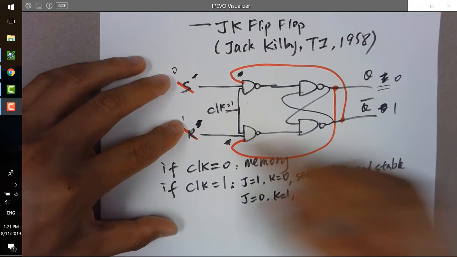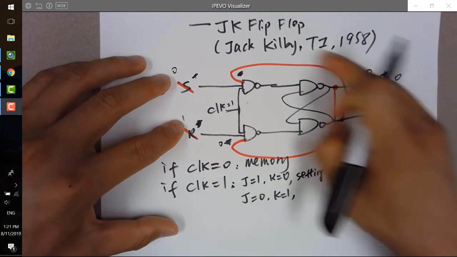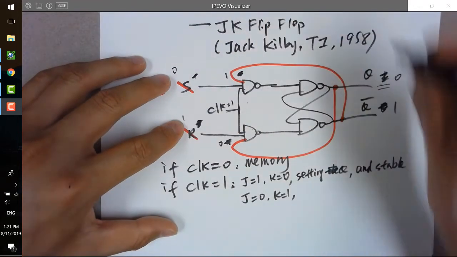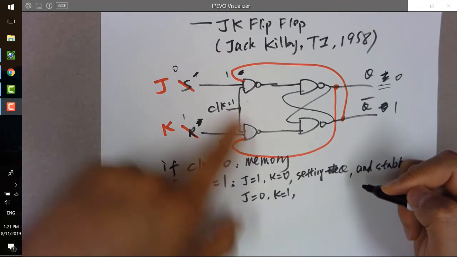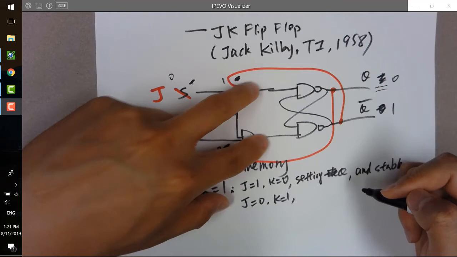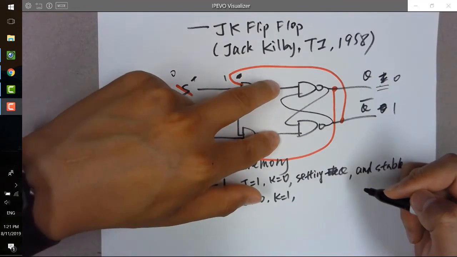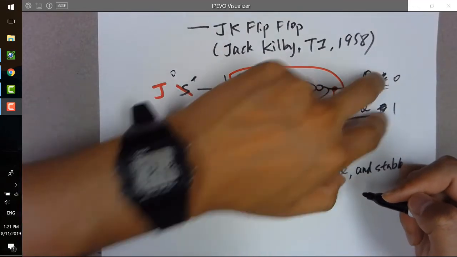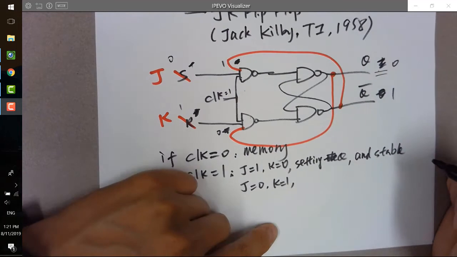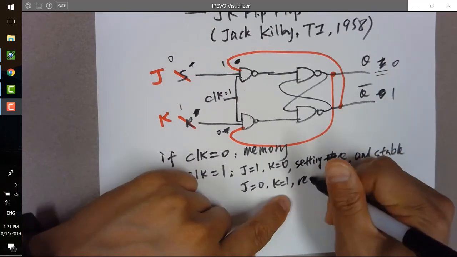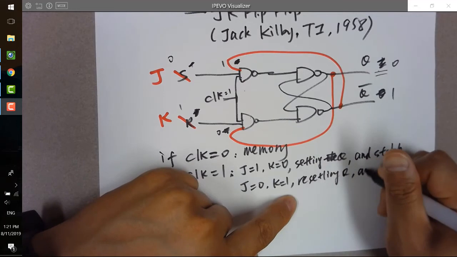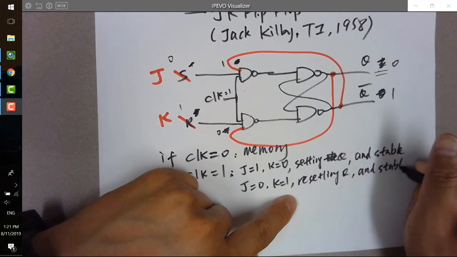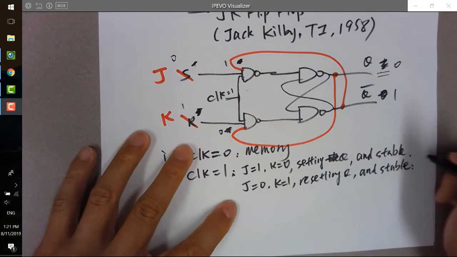0 will be fed back to here, you are getting a 0. 1 will be fed back to here, you are getting a 1. Okay, and 0 will kill the NAND gate, and 0 will kill the other NAND gate, so you are getting 1s. So it is pretty stable, it's a memory, it's going to memorize its status and will not be changed. So it's resetting Q and stable, it's pretty stable in that status. All right,